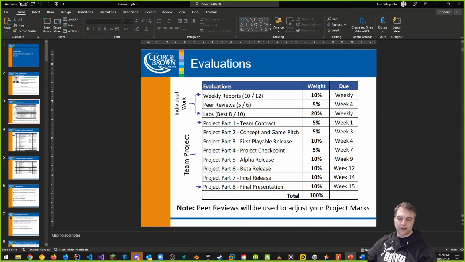We have a lot of talented people here this semester, and I think, like every semester, there's a great opportunity for you guys to produce amazing work and have a nice portfolio piece that you can end off with after this one. Okay, so that is the schedule of evaluations.